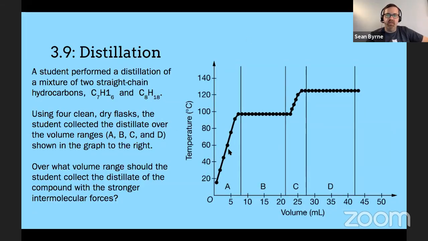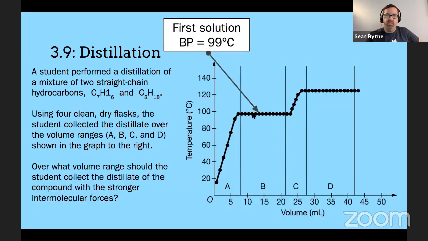As I collect up the distillate, over what range should the student collect the distillate of the compound with the stronger intermolecular forces? I told you we're not going to get away from these stronger intermolecular forces. So we should be able to read this and say, all right, we have clearly two different boiling points here. So one of the liquids has a boiling point that I would say is about 99 degrees Celsius. Okay, it looks to me like it's a little bit below 100, maybe 98,